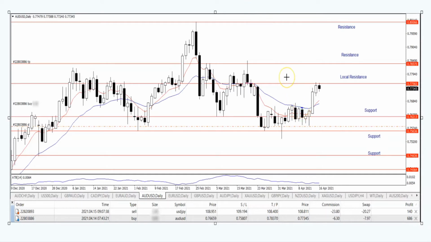A clear, aggressive break of the mother bar. We're now again sitting at 68 pips in profit. We can see here price is bouncing off previous resistance, as I've mentioned previously, at 77563 local resistance. You can see to close out the trading week, price has printed this inside bar structure again, and as a